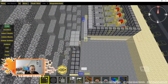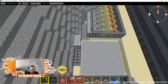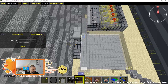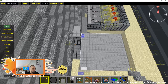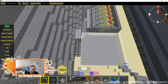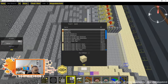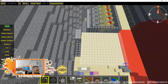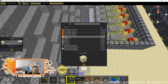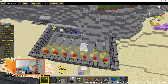And then deselect. I hate when it does that. Deselect. Let's just have one more there filled with stone. Whoops. And then the rest will fill with air. So what I'll do is I'll just take it from there to like there and say fill with sand. And then we'll also do that, fill sand. Okay. There was no need to do that actually at that stage, because I need